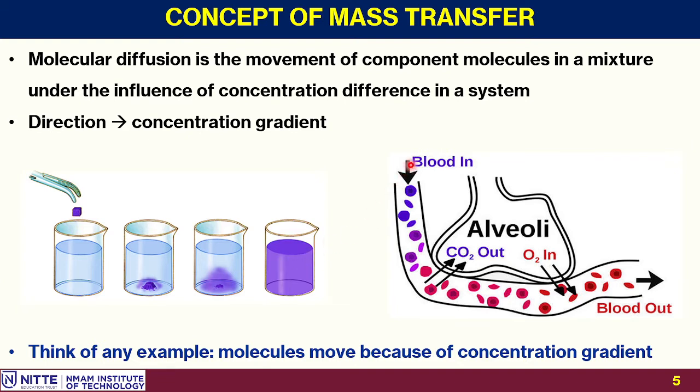Also, you have another example that can be taken up, that is breathing. So, in the lungs, the exchange between carbon dioxide and oxygen takes place between the alveoli, that is alveolar cells, sac, and the blood vessel. So, the blood vessel and alveoli exchange carbon dioxide and oxygen across the membrane. Here the blood is flowing, and the diffusion and convection, actually both will be taking place in this phenomenon. So this is also an example of mass transfer. So similarly, you can think of many examples.